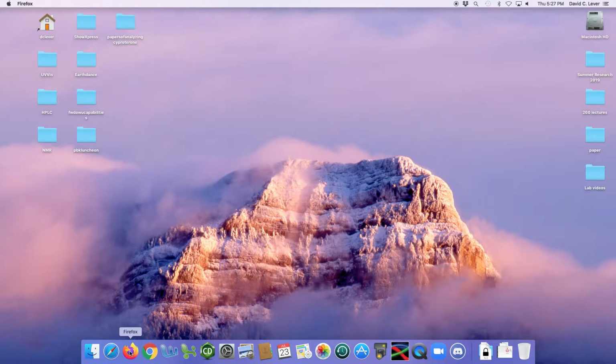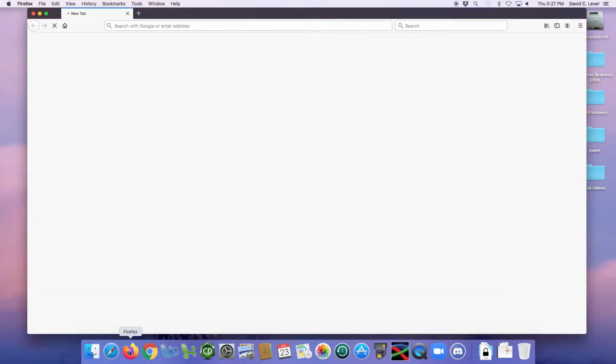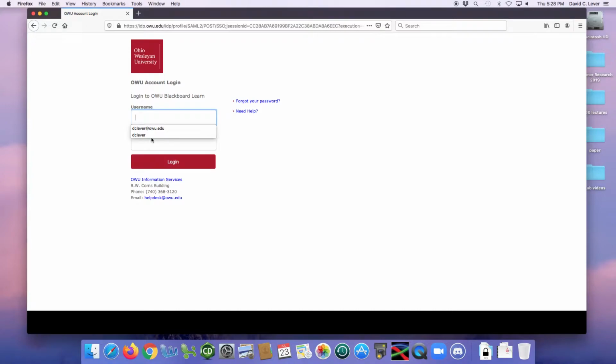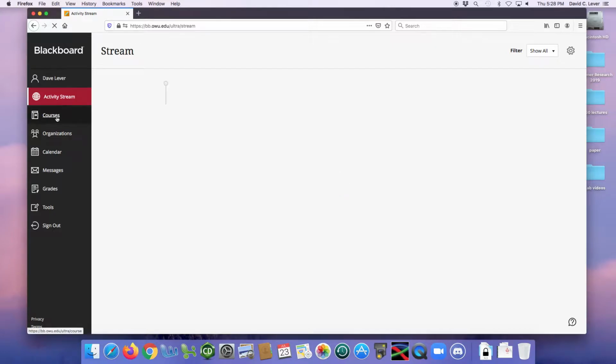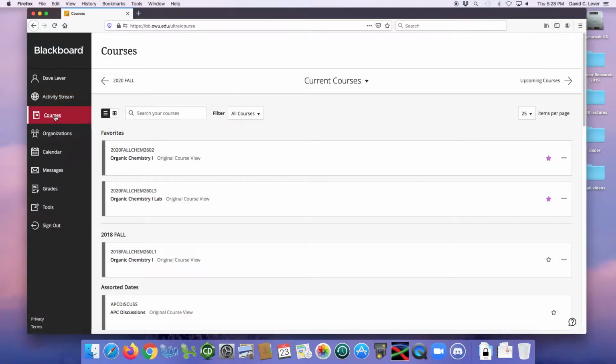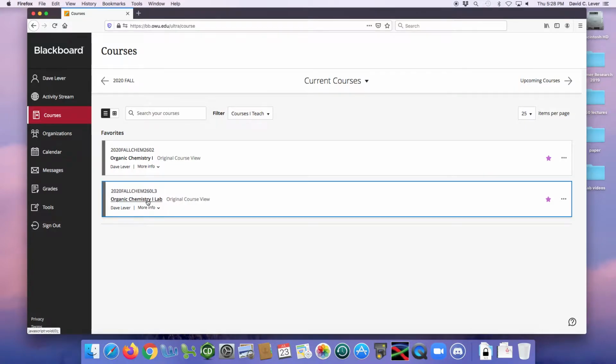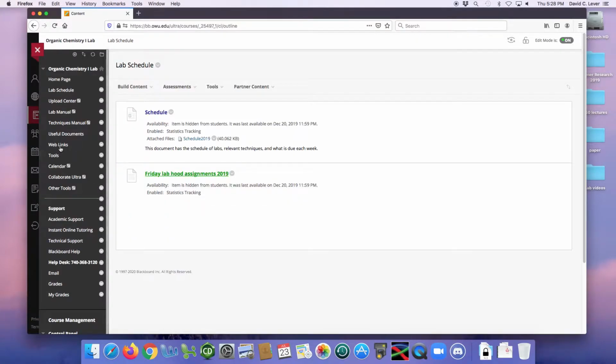And if I open Firefox, it should automatically open to the Blackboard page. And I'm going to go ahead and log into Blackboard using my account. Go to courses and courses I teach. So I'm going to the Organic Chemistry Lab, and under web links